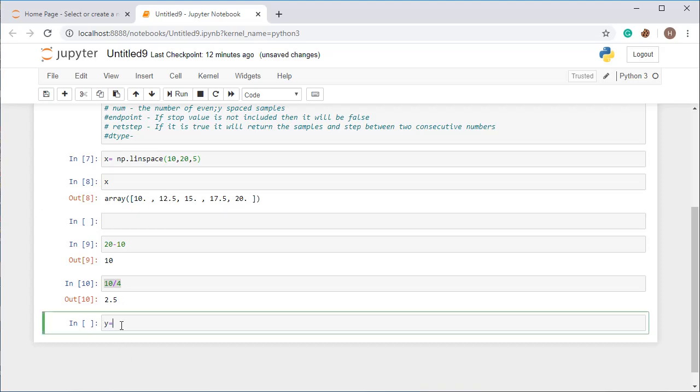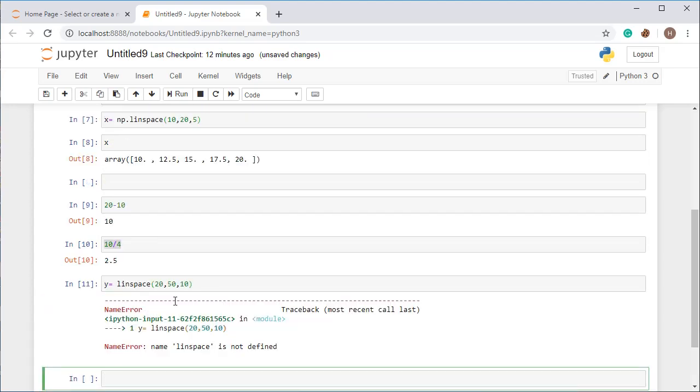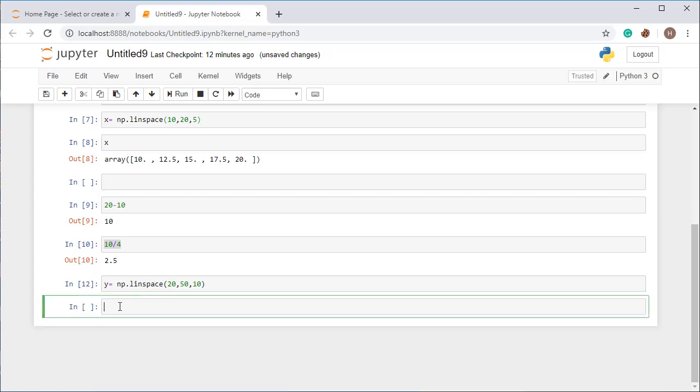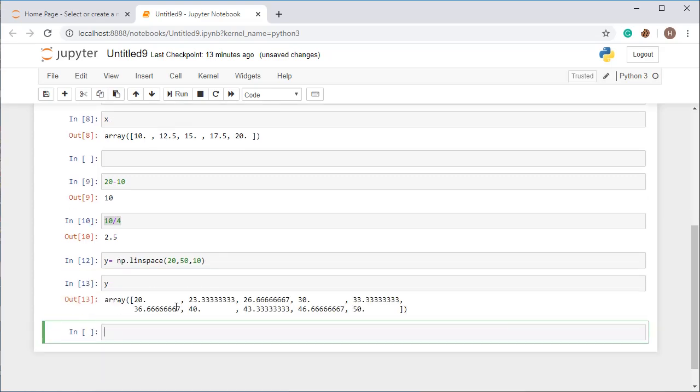So when you create it like this, y is equal to np dot linspace and give the numbers 20 to 50 and ask for 10 different numbers between 20 and 50. Sorry, I made a mistake, I forgot np dot. So here is the thing, now you will get it like this.